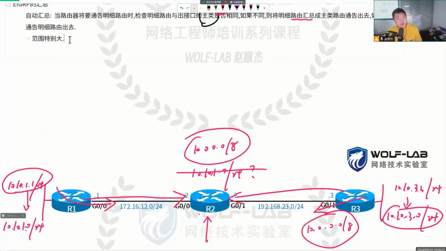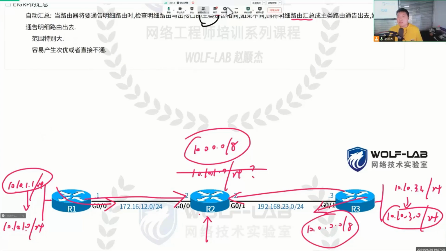You can't do this. So, automatic summarization so easily causes what? It easily results in suboptimal or directly unconnected routes. Very nasty, students. It's completely done by the router automatically. You can't manually control it. So